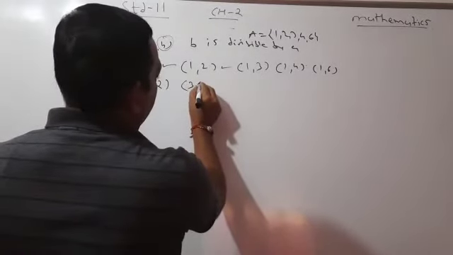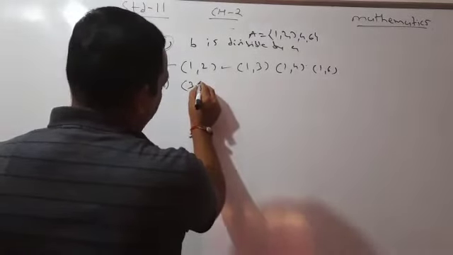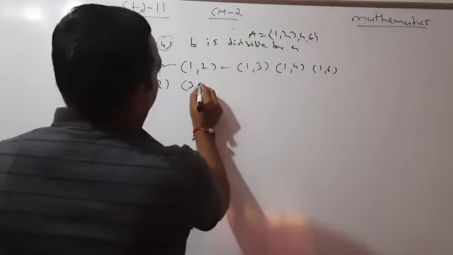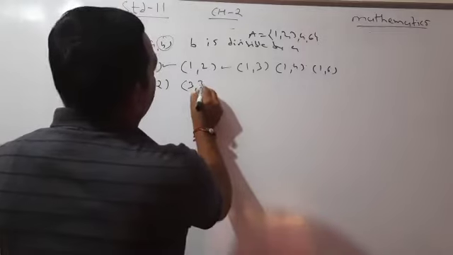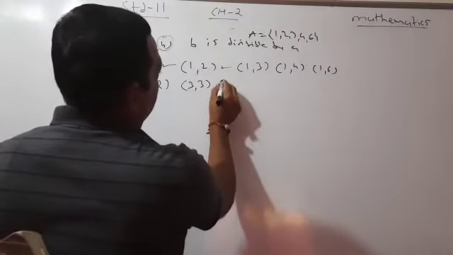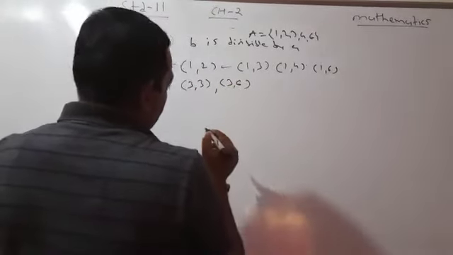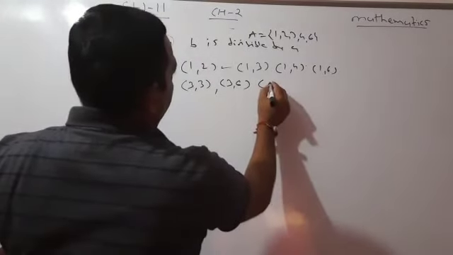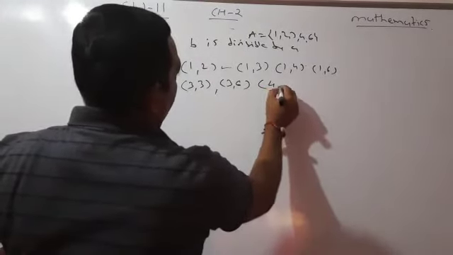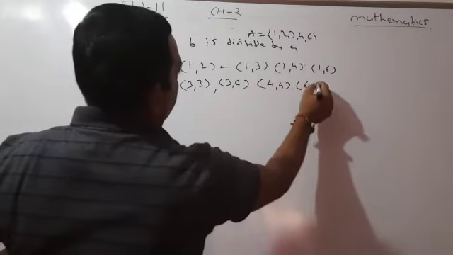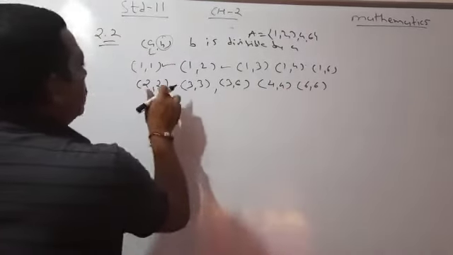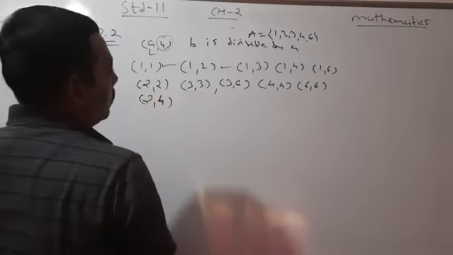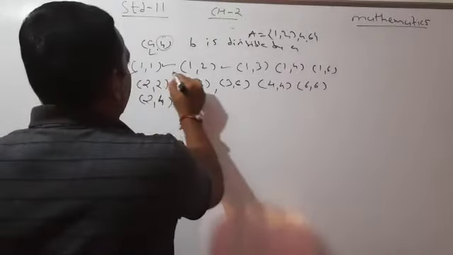We will not be able to write (3, 1), (3, 2), right? (3, 4). But (3, 3) is there and (3, 6) is there. Now in the same way, when we consider 4, it is there, and we will consider 6, it is there. One number is missing from my side, that is (2, 4), because 4 is divisible by 2. So finally, 1, 2,